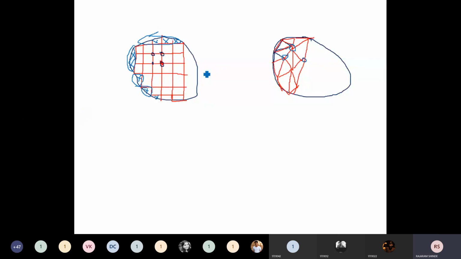And if you compare this structure and this structure, this one has elements of any arbitrary shape. Now, if it has any arbitrary shape, then you can see the error. The margin of error in the finite element method is very small as compared to the finite difference method. Okay. Now, with this first difference,